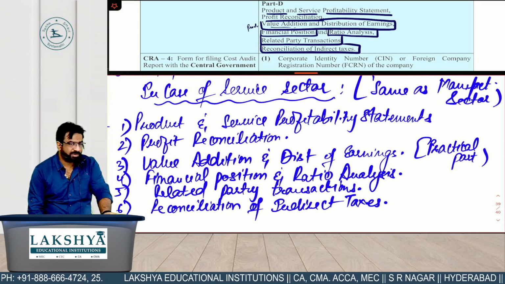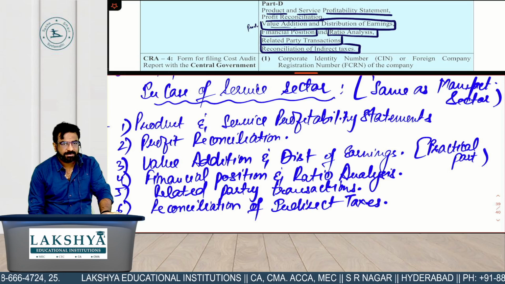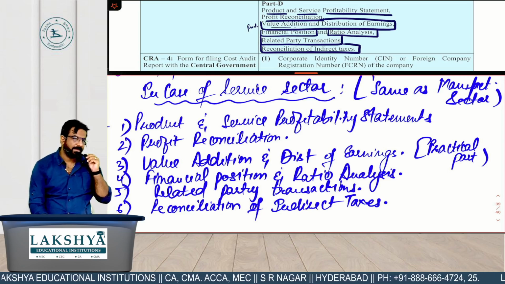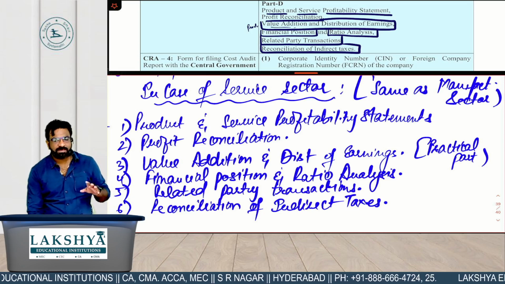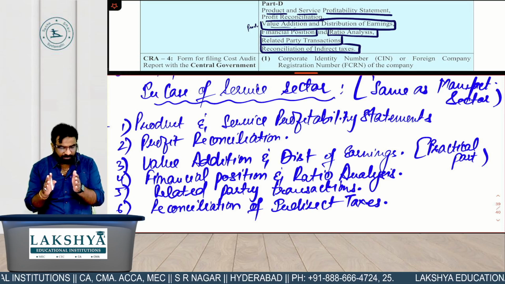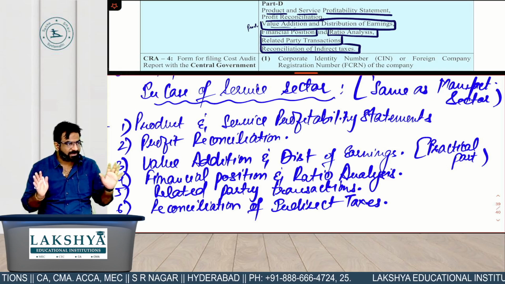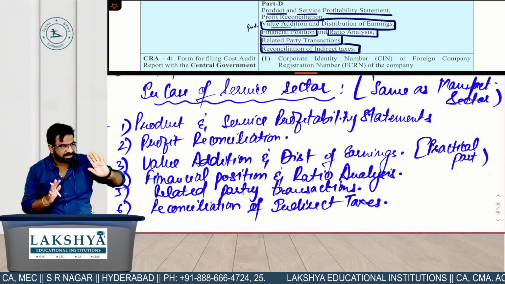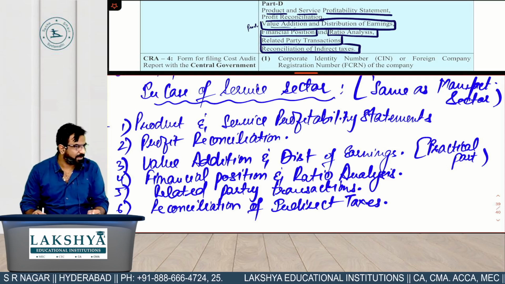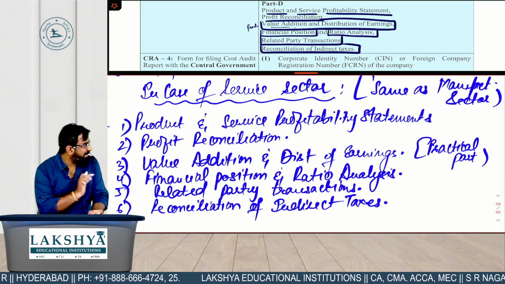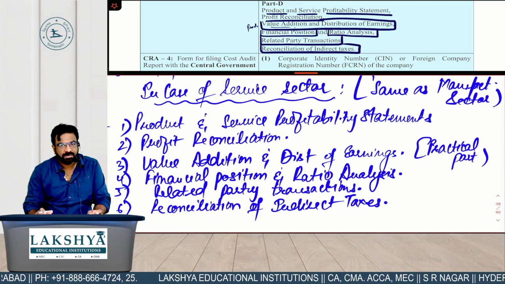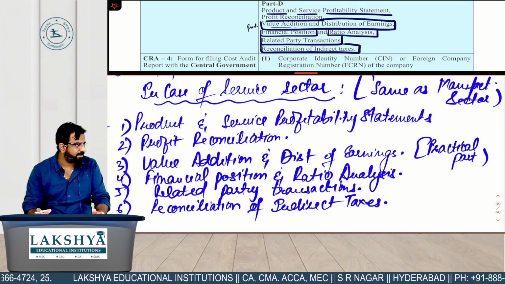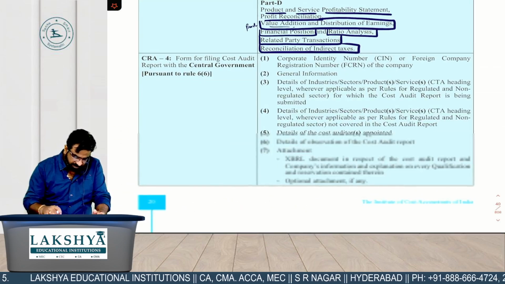I think up to this I have shown you in the forms as well. These are the same things, exact word by word comes in your form. The only purpose of making you write was to make you understand that this is the only portion you have to do for the examination. You don't have to do any extra thing. So don't get carried away by seeing these many things; these are just for your information, not for examination. What we have written is the same concept you have to write in the examination. Not one word extra, not one word less. So let's proceed with form number 4.